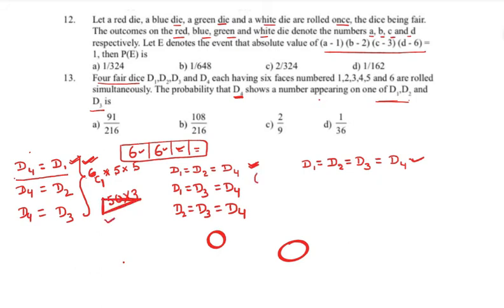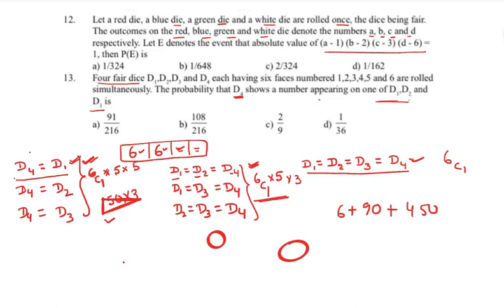Whereas here, from 6 numbers select any one number, right? So that is D1, D2, D4. For D3 again we have 5 options. And again these types of cases, how many are there? We have 3 cases, so into 3. Now all are showing the same number, that's why from 6 numbers any one you can select. So that's why 6, now here 90, plus the next case we got 450. These are the favorable cases. By total number you will get the same 6 to the power of 4.